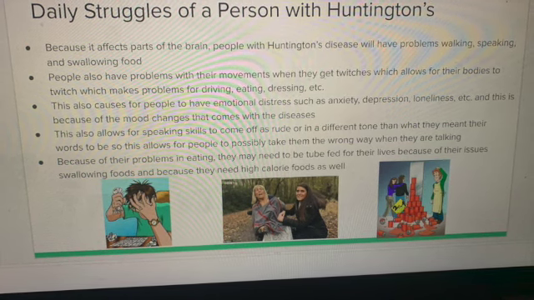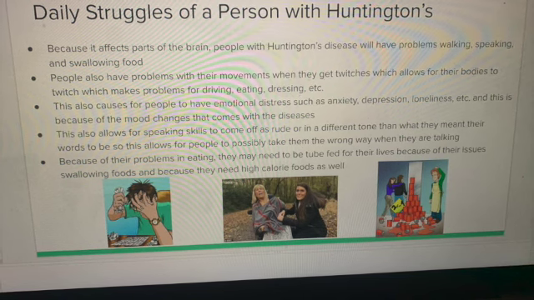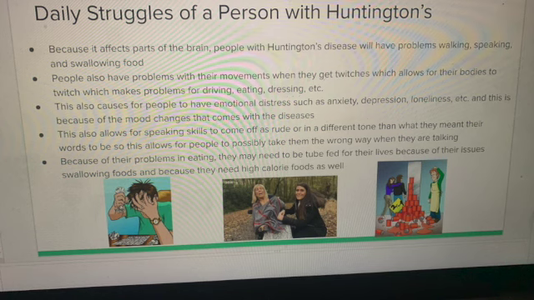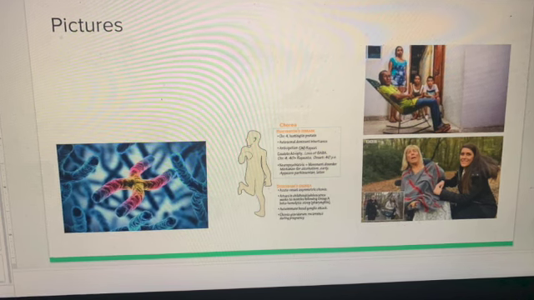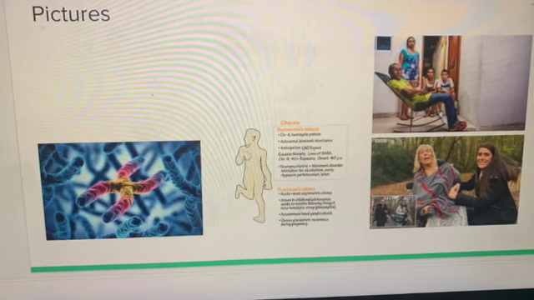Because of their problems in eating, they may need to be tube-fed for their lives because of their issues swallowing food, and because they need high-calorie foods as well, because it takes so much energy for them to constantly be twitching around. These are some pictures of people with Huntington's disease and the actual Huntington's disease